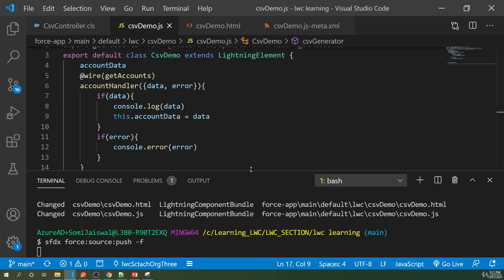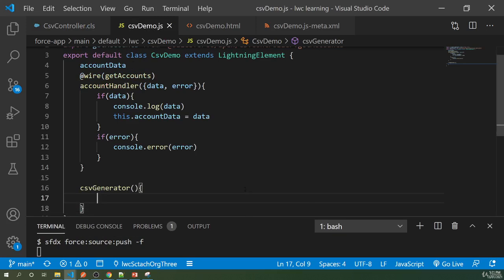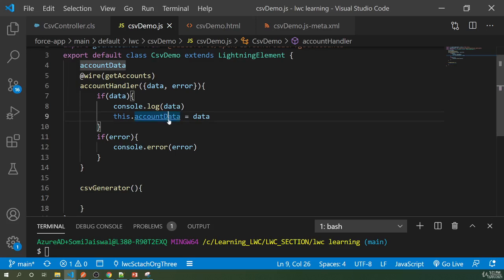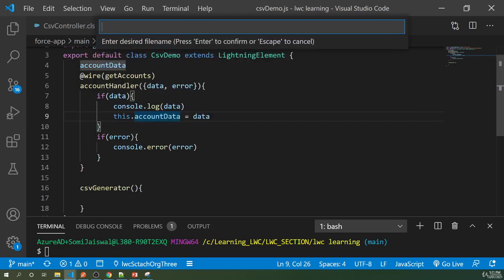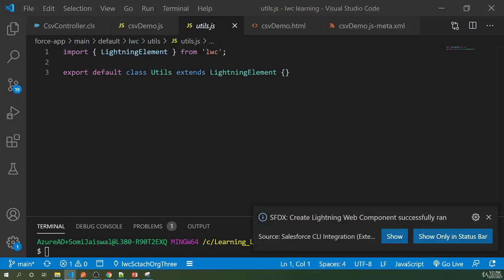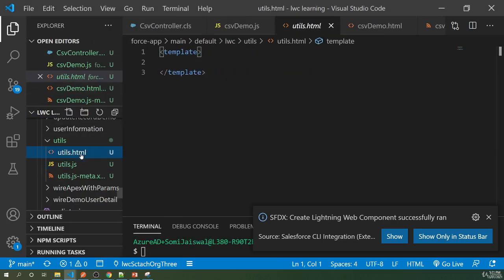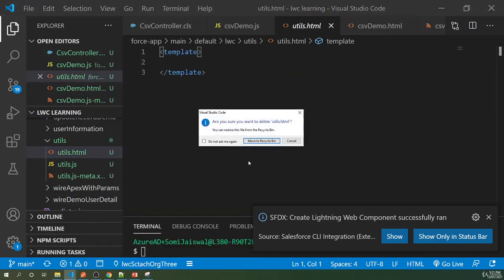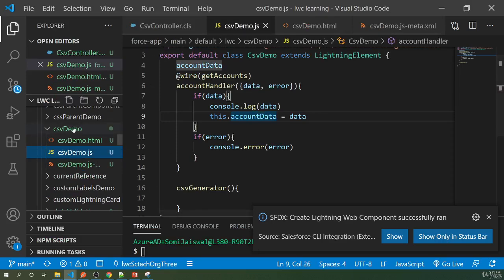And now we're gonna create a new component, and we call it as a basically a service component, in which we'll not write any HTML. We'll create a reusable utility there. So I'll create a web component utils, and a new utility is created, and I'll go to that folder or to the component. I'll remove the HTML. I'll delete this, and